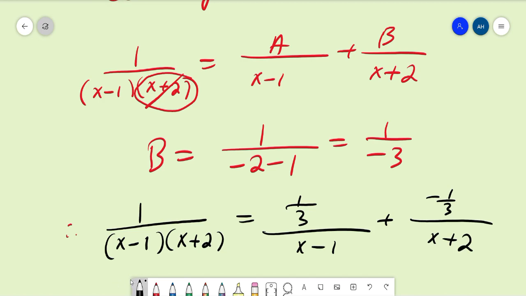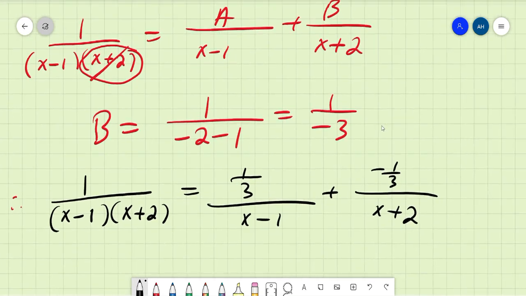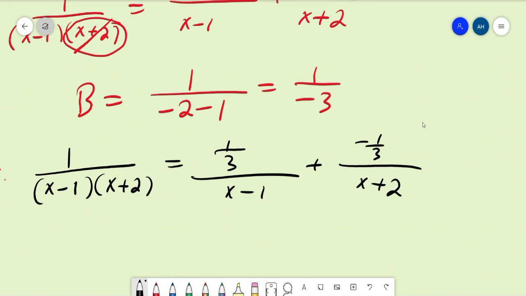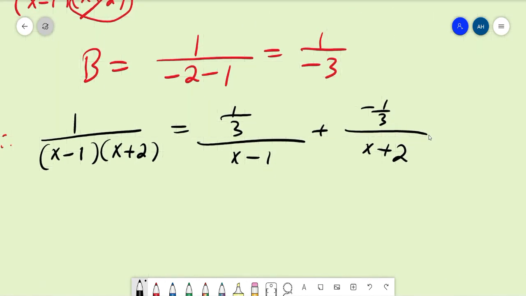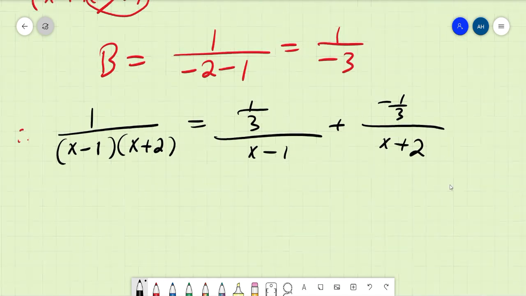Okay, the step that we have to write down is to substitute a equal to 1 over 3 and b equal to negative 1 over 3. Now we should modify the way we write the final answer here, so that